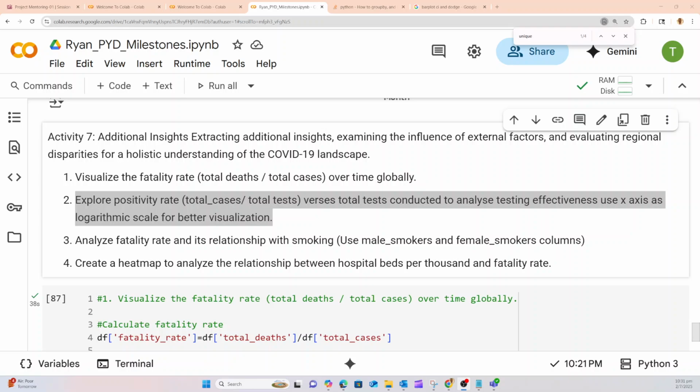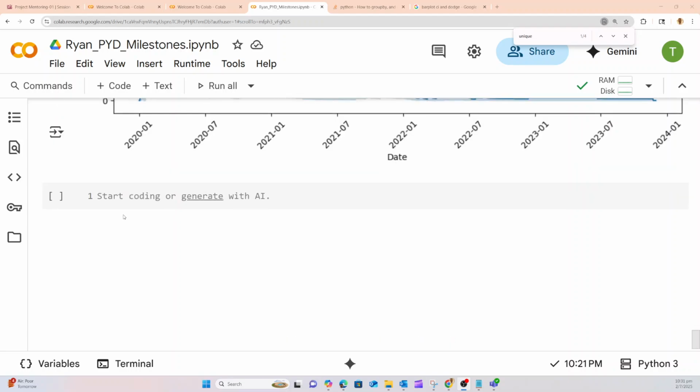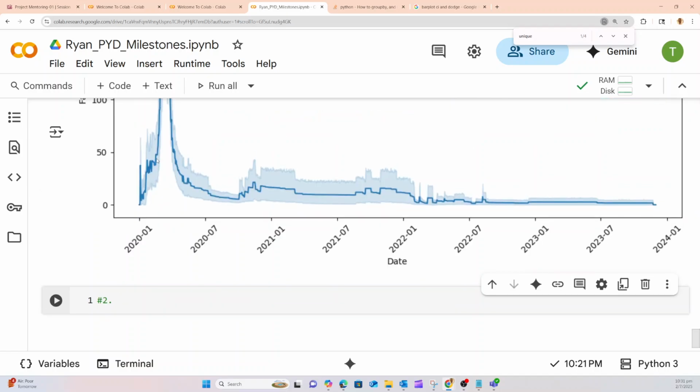Activity 7, task 2, explore the positivity rate.